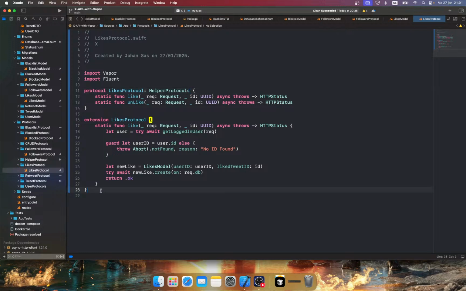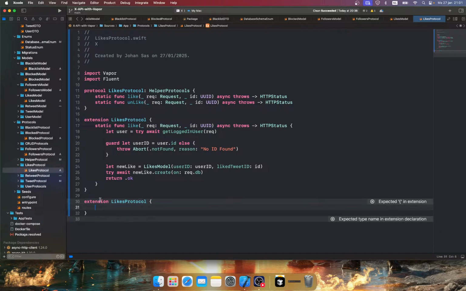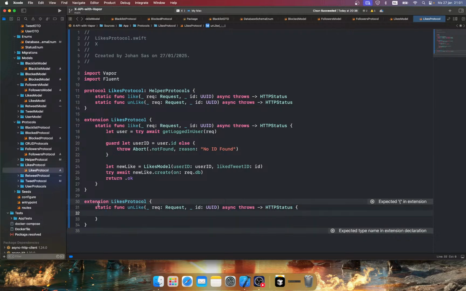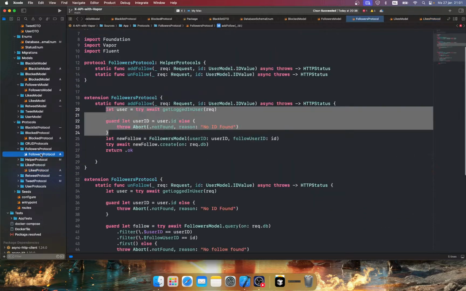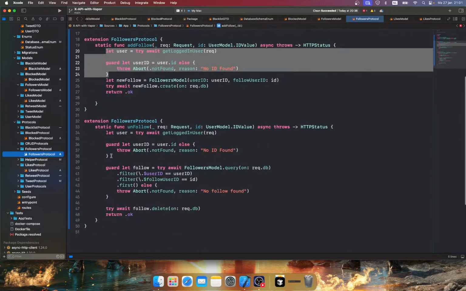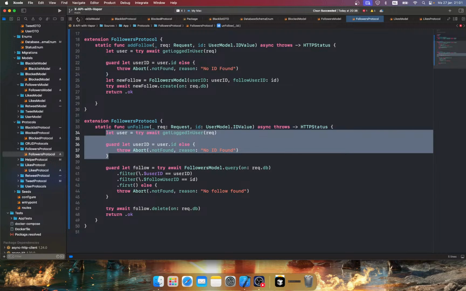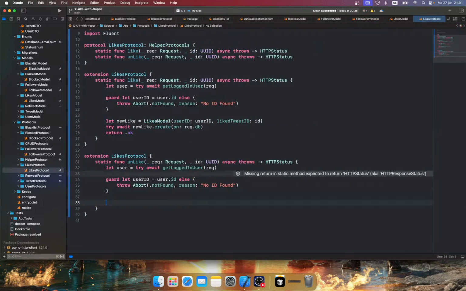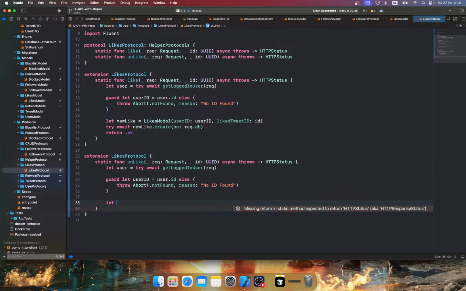Perfect. Okay, so now last but not least, it's going to be an extension on the LikesProtocol, and we're going to do the unlike. So we can copy and paste the unlike function, put it in there, and let me check really quick how we did that with followers. Did we create a helper function? No, we didn't. We just copied the user. So let's copy the user here, and we can check for the like. So we can say let like is equal to, or let's make this a guard let right away, so we can say guard let like is equal to try await LikesModel.query